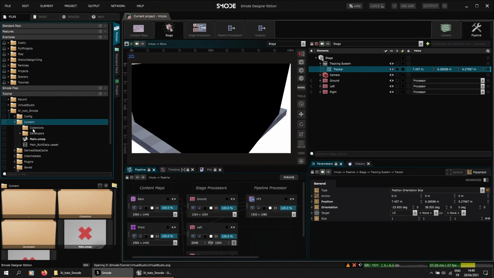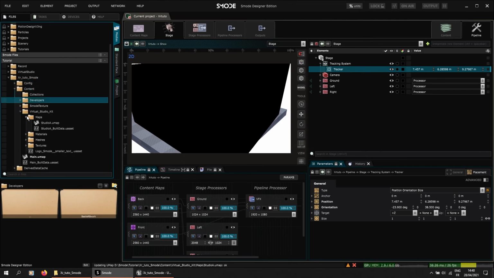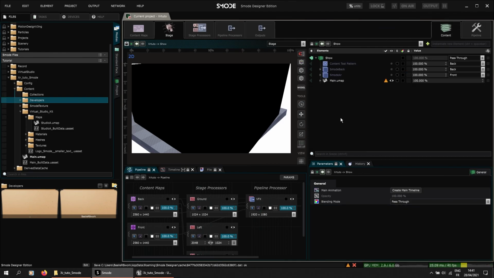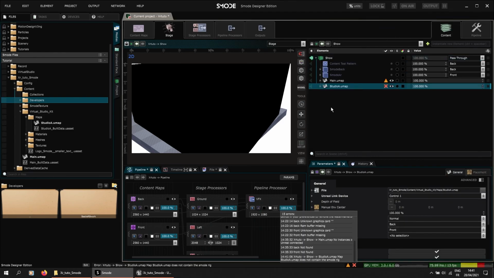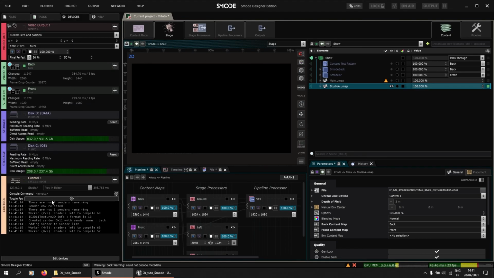So in Smod, I will go find it and then import it into the show by drag and drop. And as before, enable it so we can load into Unreal.